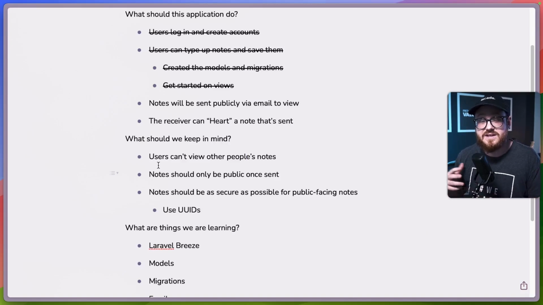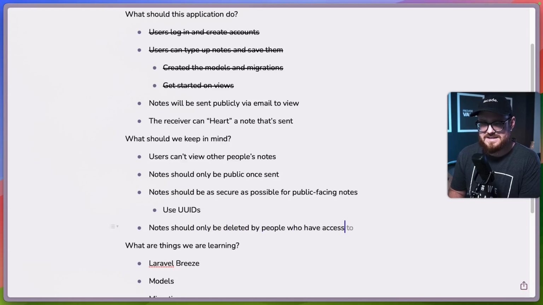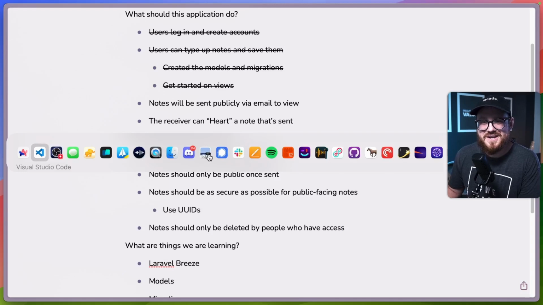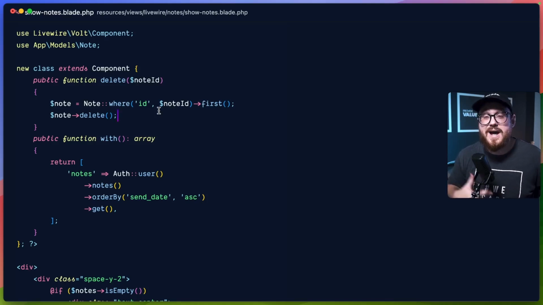especially when it comes to deleting a note. So users can't view other notes. Notes should be as secure as possible for public-facing notes. And another one that we're going to take a look at is notes should only be deleted by people who have access. Because you don't want people... since we're deleting the note by the note ID, since this function is publicly available to anyone who has access